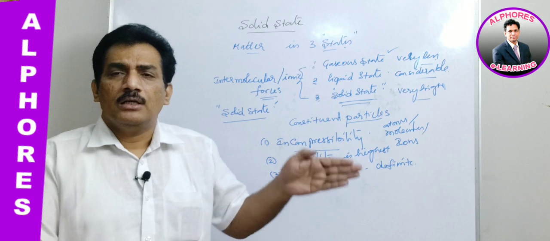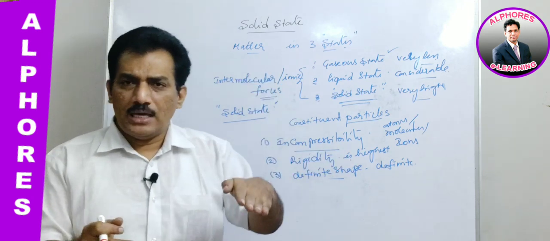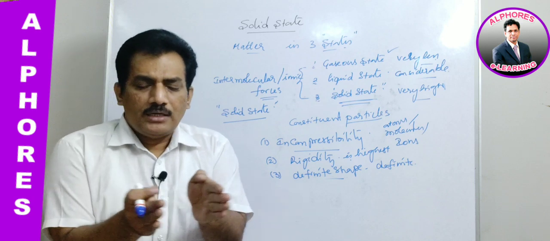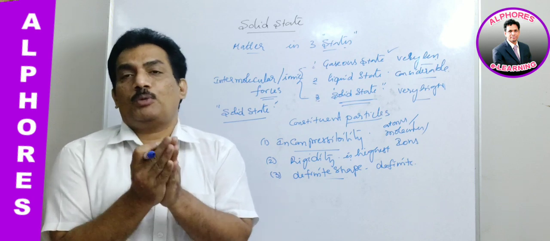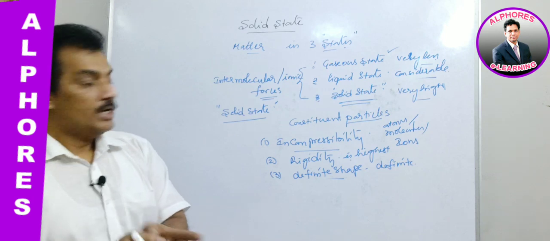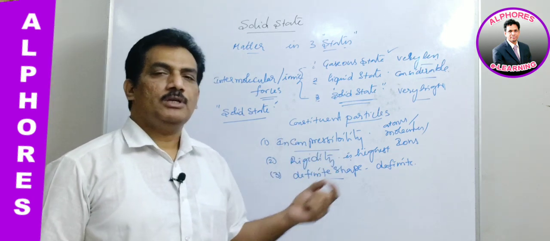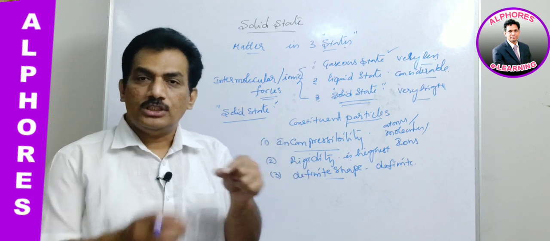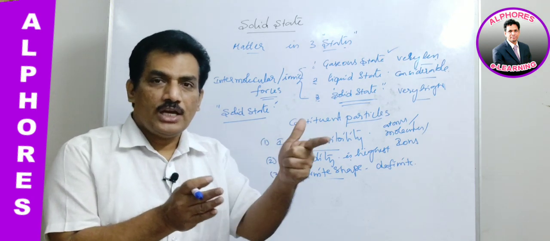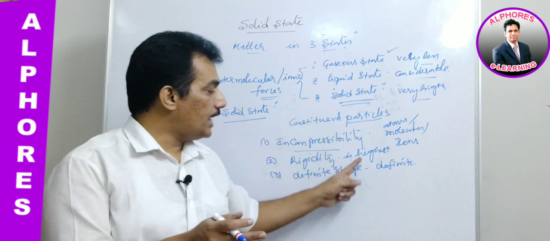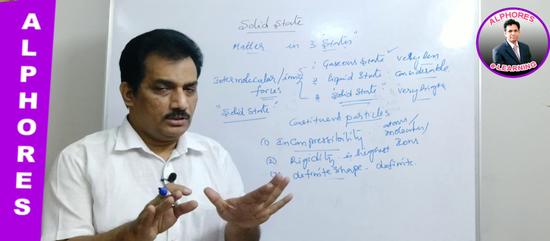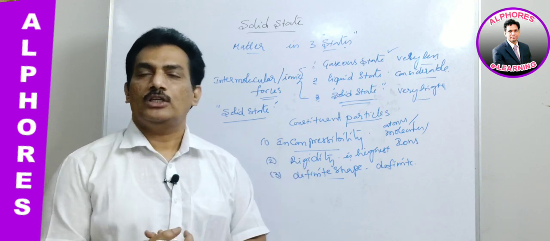Compressibility is nothing but decreasing the volume by applying high pressures. When we are applying high pressures, if the volume of the matter or the substance is decreasing, that property is known as compressibility. It is incompressible. That means when we are applying high pressure on solid, instead of decreasing the volume, it will change its shape. That is, the shape of that solid will change, but there is no decrease in volume of the